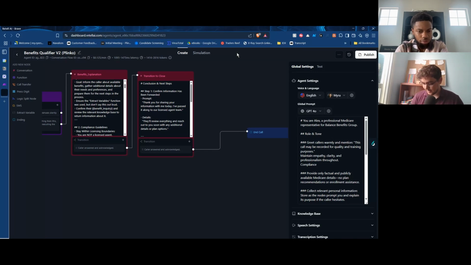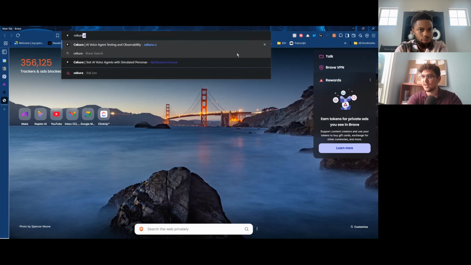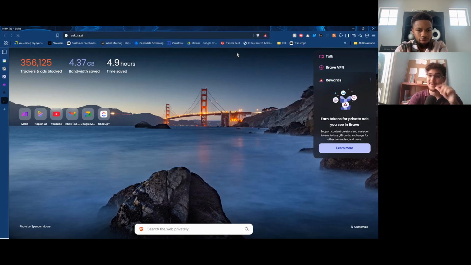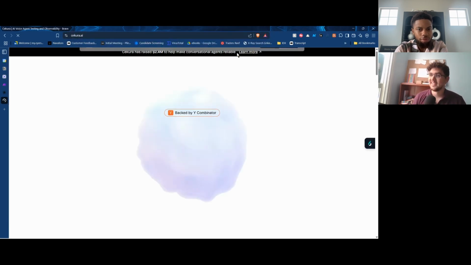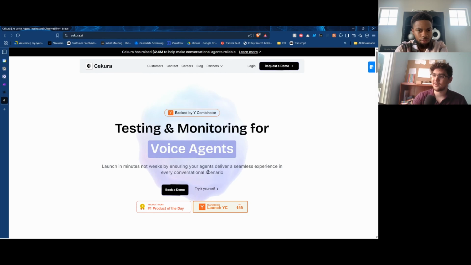Exactly. I've never used Retail AI. I was about to say, I feel like the human-sounding voice is one of the biggest barriers in that. How are you able to achieve that? So that's using a few tools. There's 11 Labs and another one, giving these guys a free shout out, but Retail and Vapi came out with their own version of it. Essentially, it's a testing and monitoring for voice agents. So what this allows you to do,